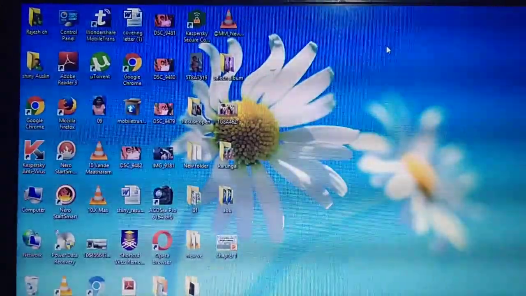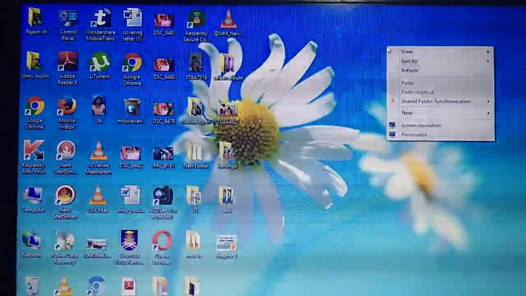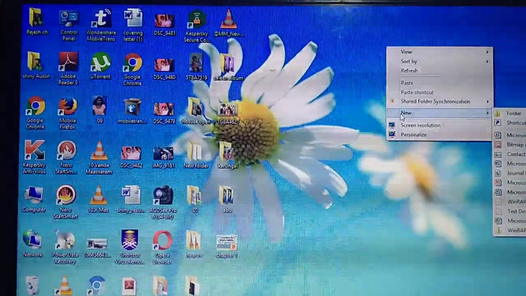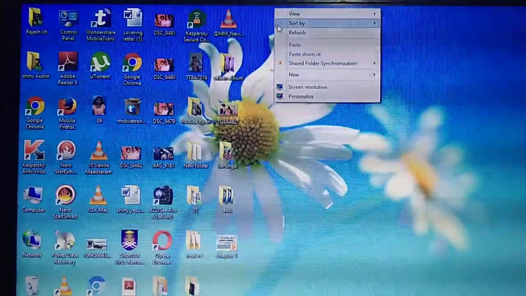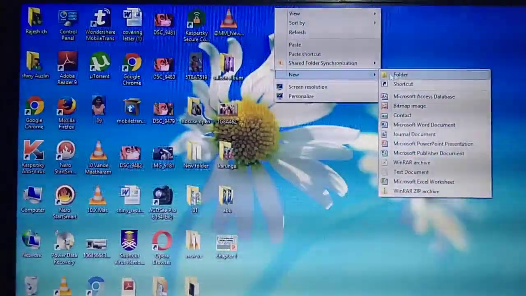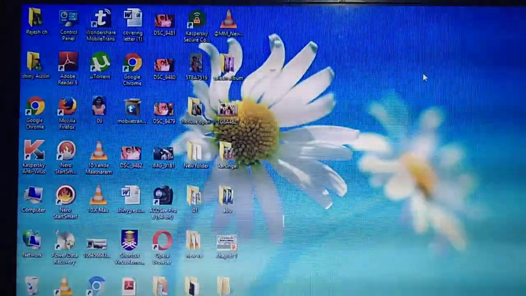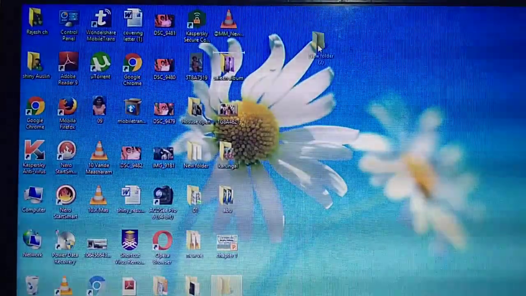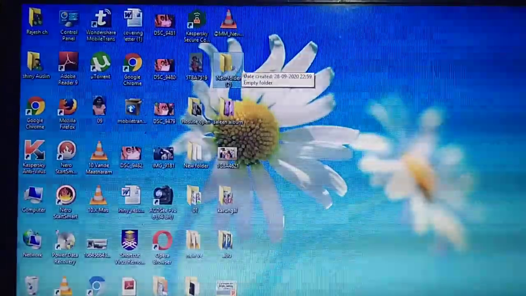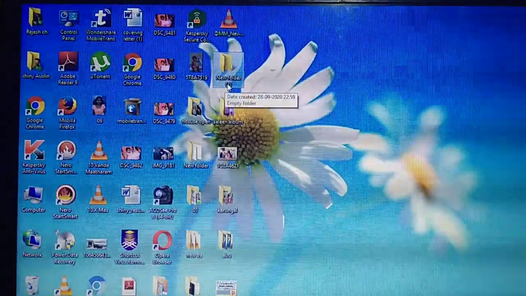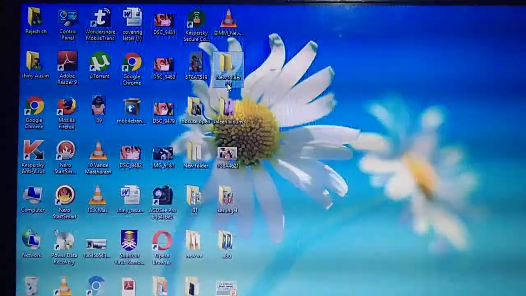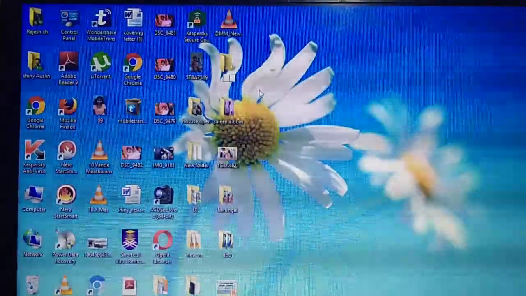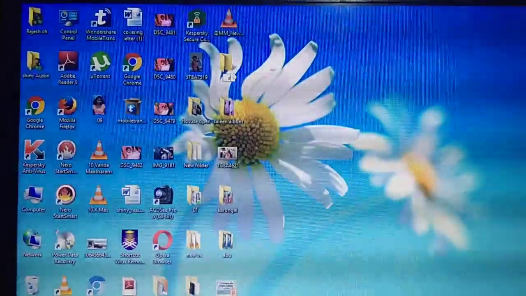First you need to right click. Right click. Which option do you need to select? New. What's the first thing? Right click, new. Then select which option? Folder. If you right click and select the new option, folder, one folder will appear with the name New folder. Then you need to give a name for this folder. You can give it according to your wish. For example, I am giving A.